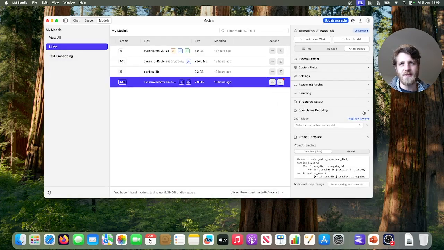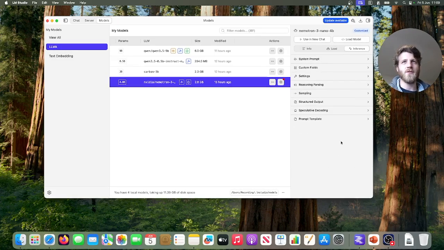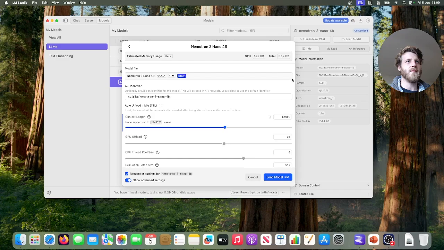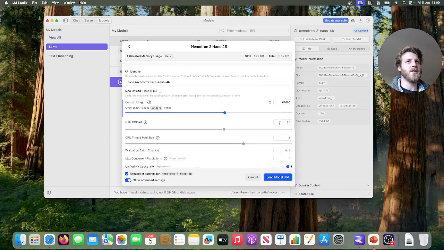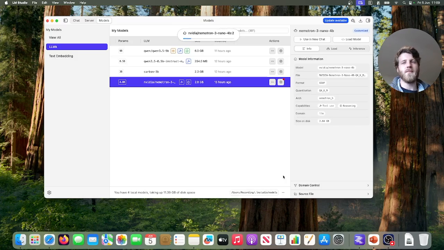So that's speculative decoding, and prompt template you can have down here as well, but we're going to close that off. So we've set all of that up. I don't want to not save it, so we'll load it. 64, we've got all of that down there. So we'll load that model up. Okay, that's the equivalent of save and continue on